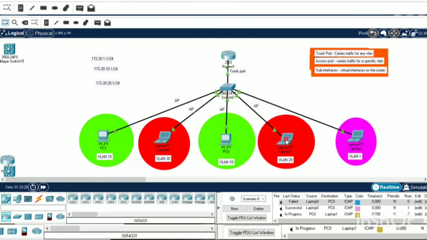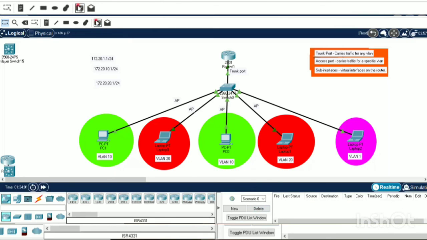From here to here, failed. So the first packets are dropping. Successful. Let's try. Failed. Try again. Successful. So inter VLAN communication is happening here. So far VLAN is good.